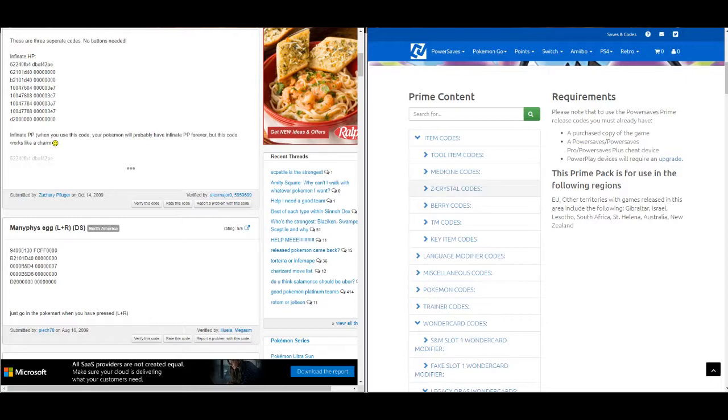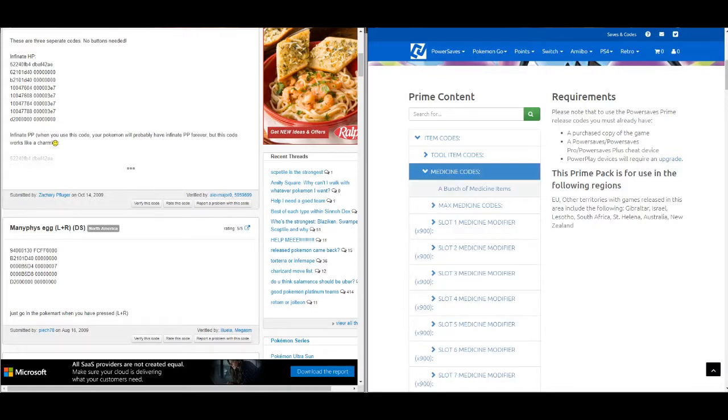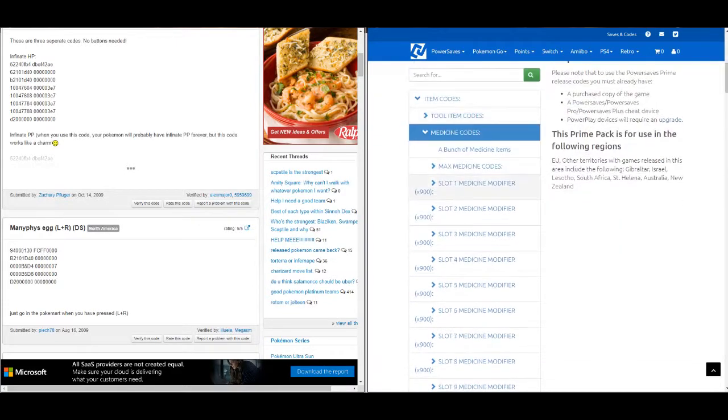This one, it's all laid out for you. It's all easy. It tells you what the codes are gonna do and how to do it sometimes. Now, the problem with this is there's not enough freedom. There's not as much freedom with the Power Saves as there was with Action Replay. There's just codes